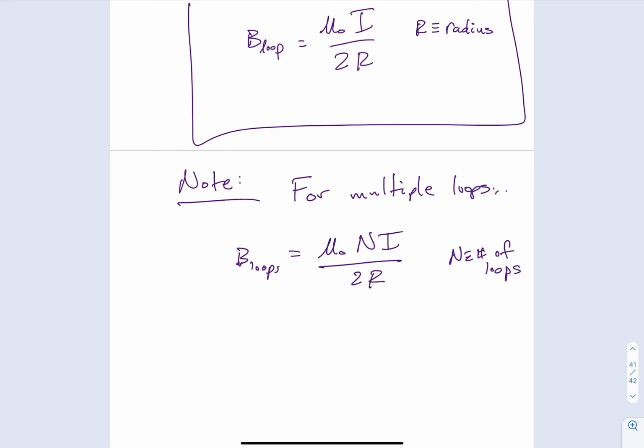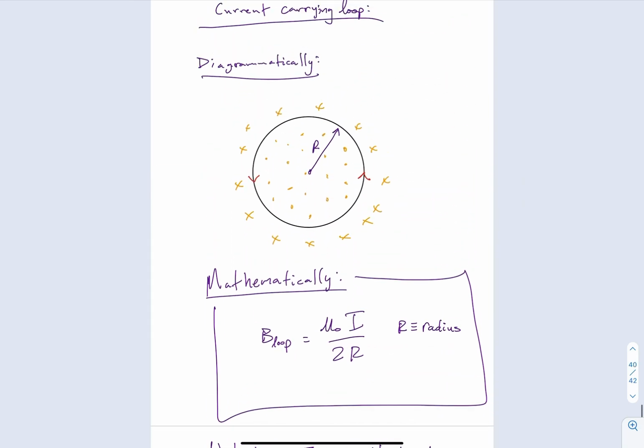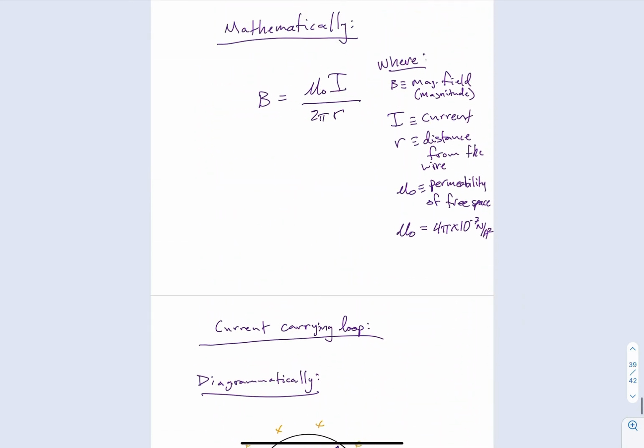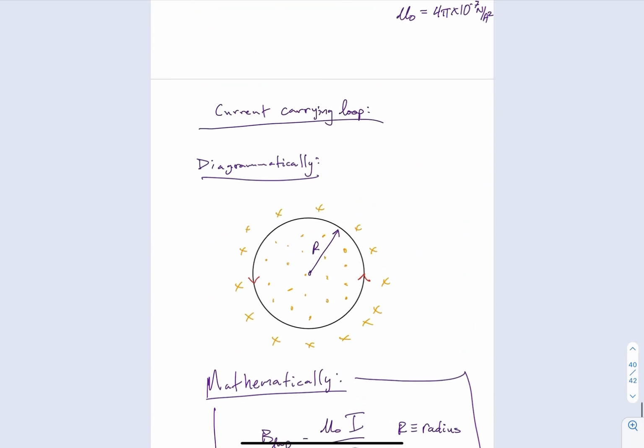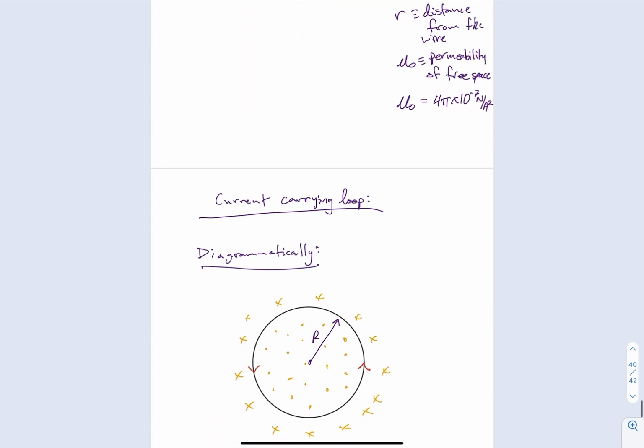Something else that's kind of interesting is that the equation for the loop and the equation for the wire differ only by a small factor. I wonder if you could figure out that factor. Anyway,